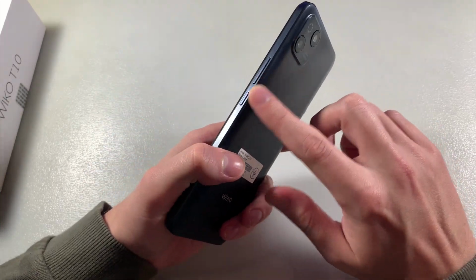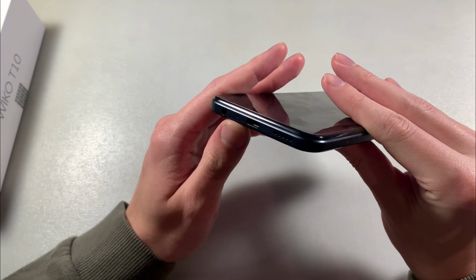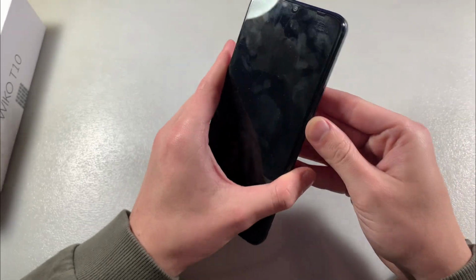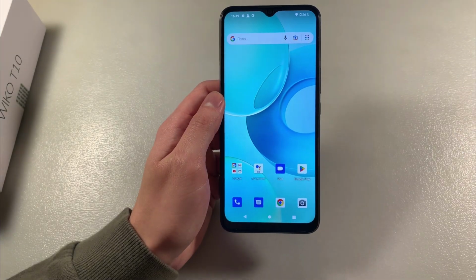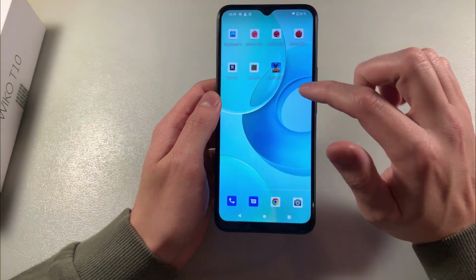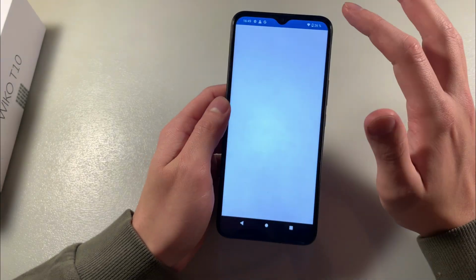On this side are the power key and volume keys. On the bottom side are the Type-C port, speaker, microphone and headphones jack. Display is HD IPS 6.5. Android we have